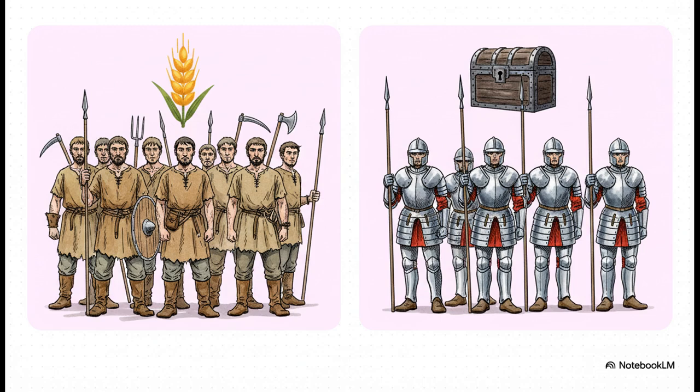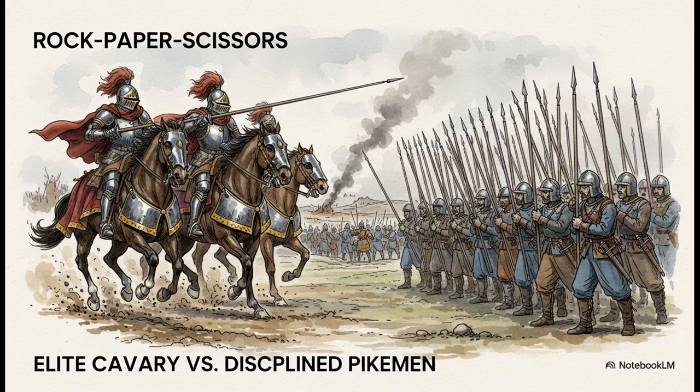Technology on the battlefield often worked like a giant deadly game of rock, paper, scissors. There wasn't one single best weapon. Take the heavy cavalry charge, the pre-modern equivalent of a tank assault. It was terrifying, but it could be stopped dead in its tracks by a disciplined square of infantry holding long pikes. Rock smashes scissors, paper covers rock.